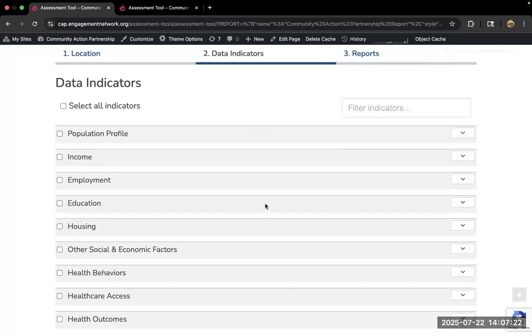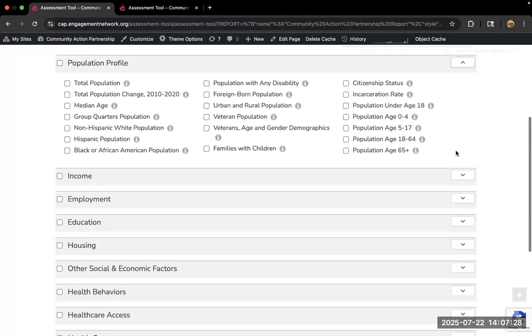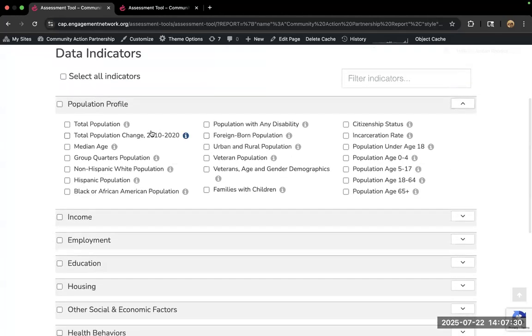To view data for each of these categories, you can click the little drop-down tab beside the category name. And for all of these indicator names, if we see, oh, population with any disability, that's great, but what exactly is this going to tell us?